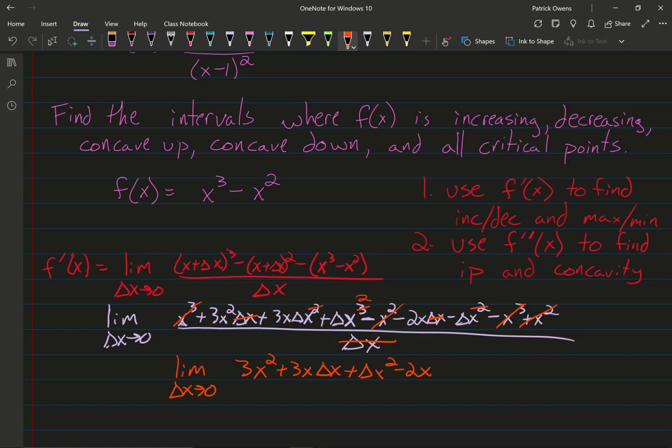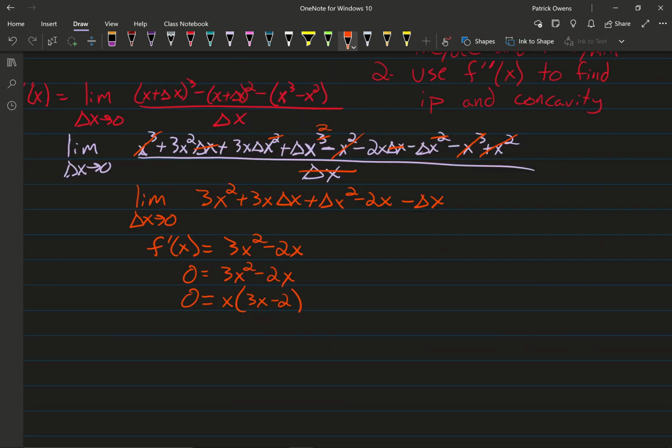Now we can evaluate this limit by substituting 0 in for delta x, and we end up with our first derivative to be 3x squared minus 2x. What we do to calculate our possible critical points is set our first derivative equal to 0. To solve this, we factor out an x. We set each of these factors equal to 0 and end up with x equals 0 and x is equal